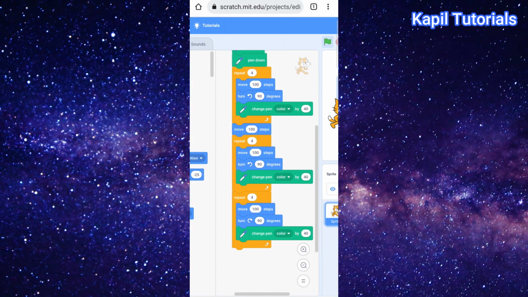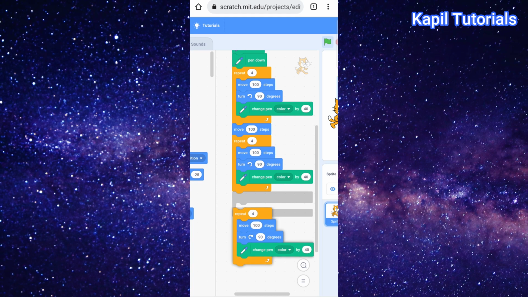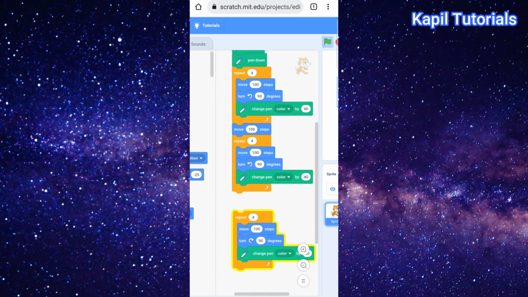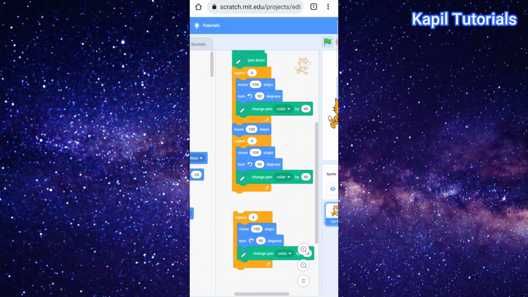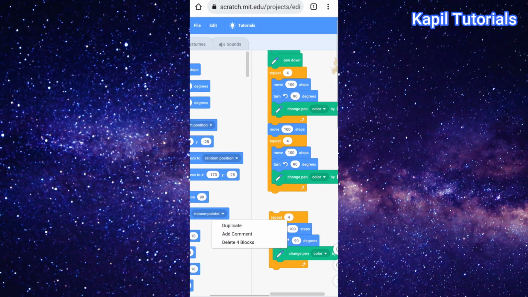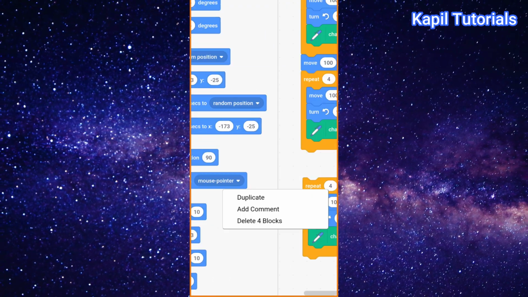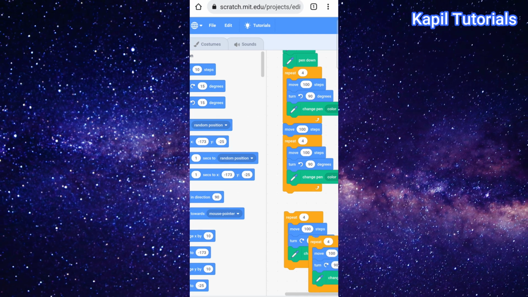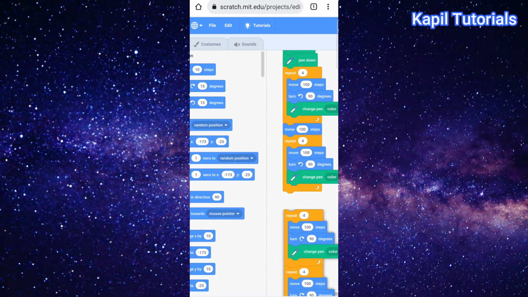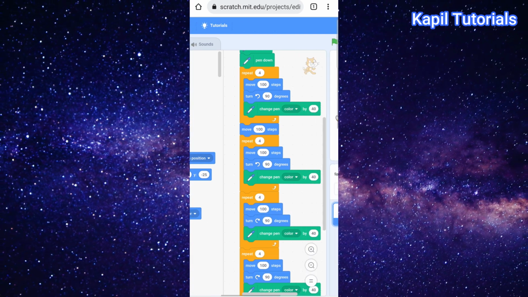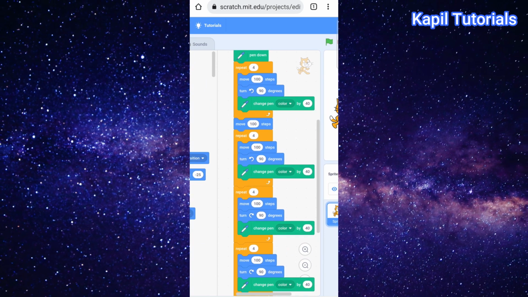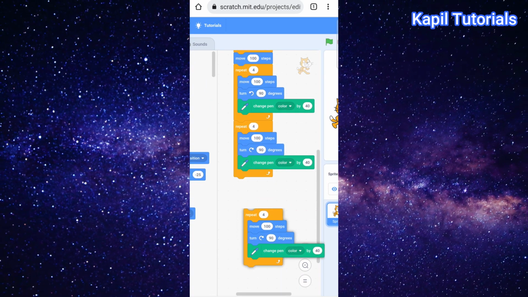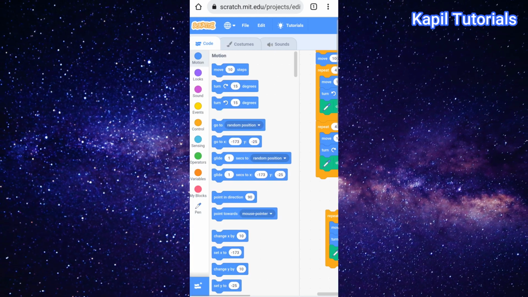So again I'll do the same thing. I'll duplicate this. I'll click upon duplicate, place it on the top, and here in between now I have to use the move command.